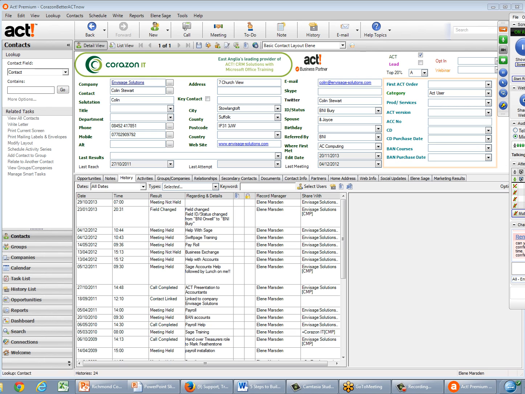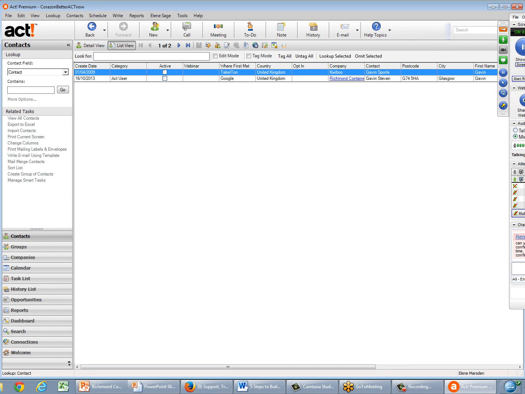So, can you send email appointment confirmations to multiple contacts at one time with different details on the confirmation? I don't think you can do different details. So for example, let's just find Gavin. Let's bring Gavin up.